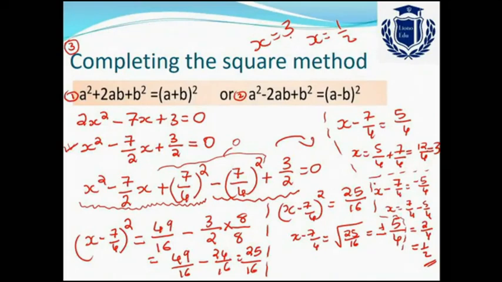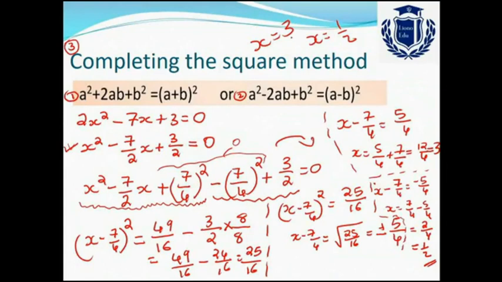You have to divide by that coefficient. So the coefficient of x square will become 1. Then you have to look at the coefficient of x. Take half of it, square it, add as well as subtract it. Then use any of the given above identities. Then you can follow the remaining method of solving a simple equation. Am I correct? So you got the two values.